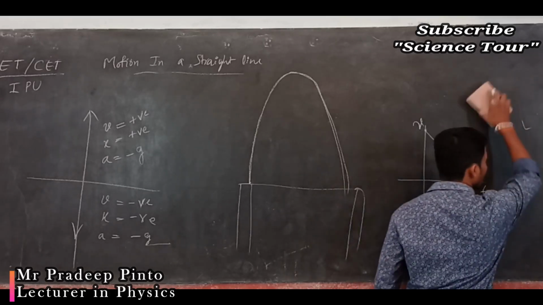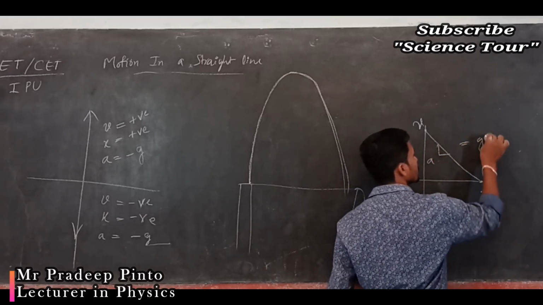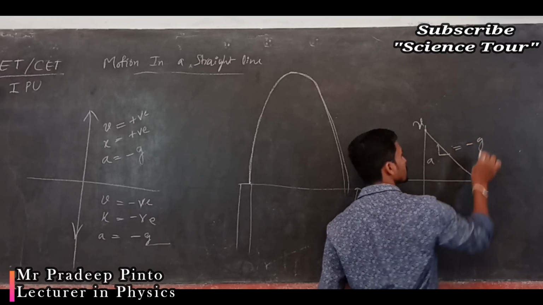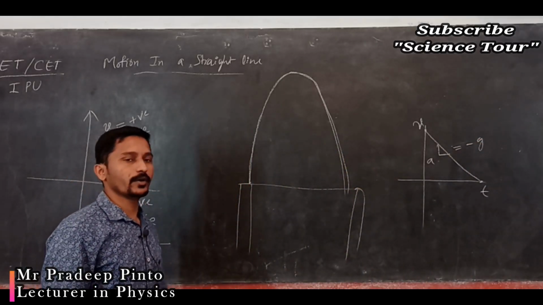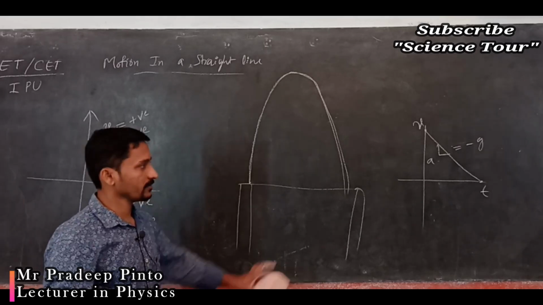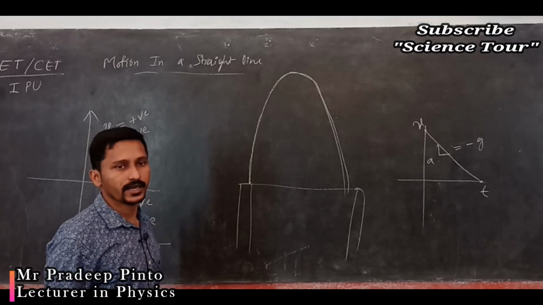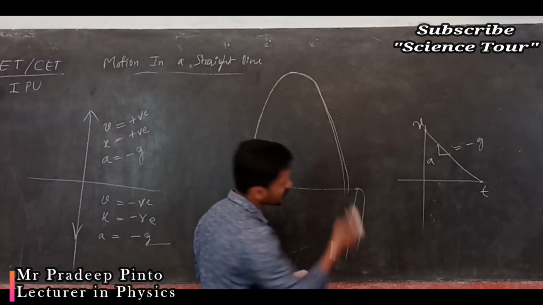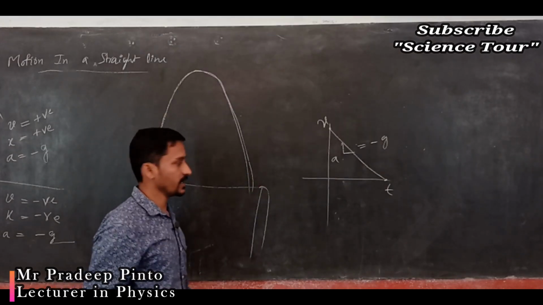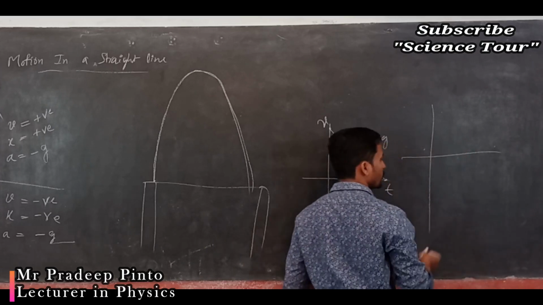Now tell me, for the upward motion the acceleration, don't you think it is g and it is minus? Yes, because of the negative slope. Now how is downward motion negative? Okay, we agree that for upward motion it is negative, so we will put and apply. How about downward? In downward motion the velocity itself is negative, the displacement itself is negative. The position time graph for the downward motion, how are you going to draw it?